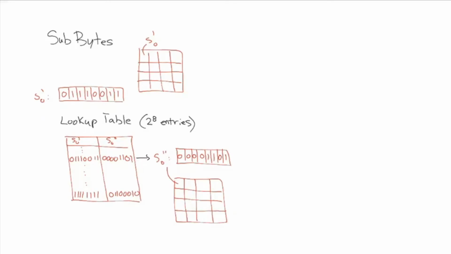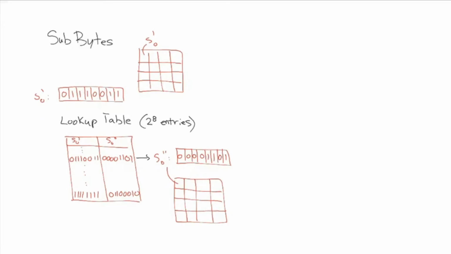Okay, so next up we're going to talk a little bit about the SubBytes operation. So if we look at the top there, we have our 4x4 matrix that came out of AddRoundKey, and the first byte in the matrix is S0 prime. So let's suppose that S0 prime is the 8-bit string 01110011. What we're going to do is there is going to be a lookup table available that maps every possible